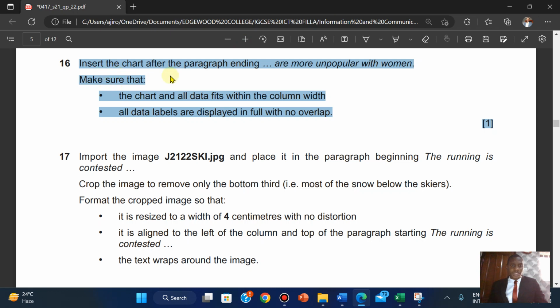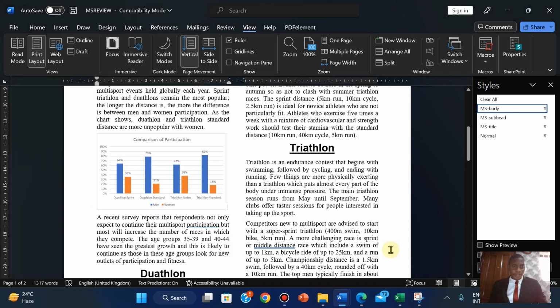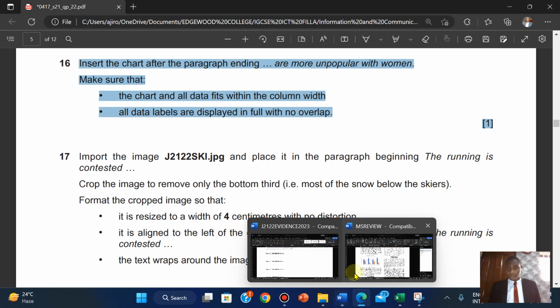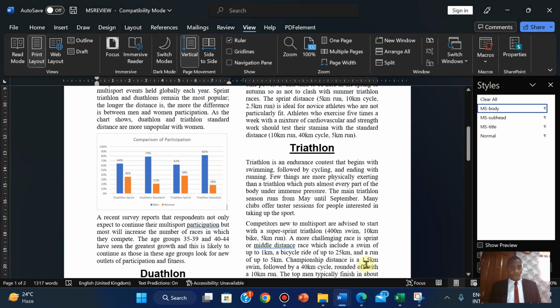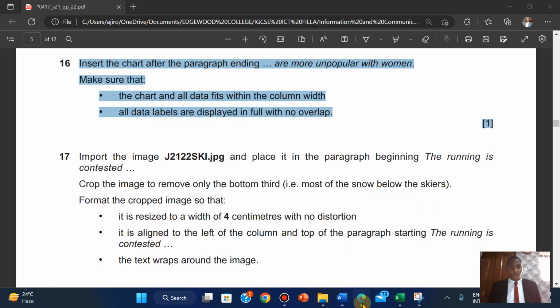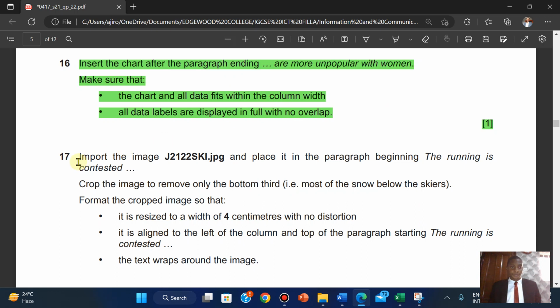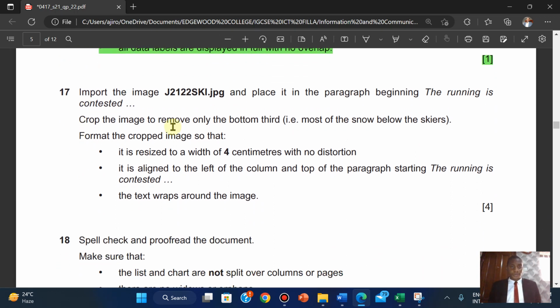So we have been able to insert the chart at the paragraph heading right here. Okay, so this is done. Okay, so we have it here, and the data are displayed in full with no overlap. Okay, so that's done. So we're done with this. Going to highlight it with green. Yeah. So import the image